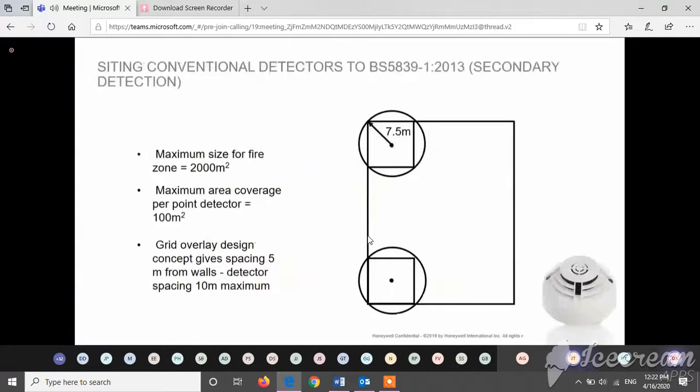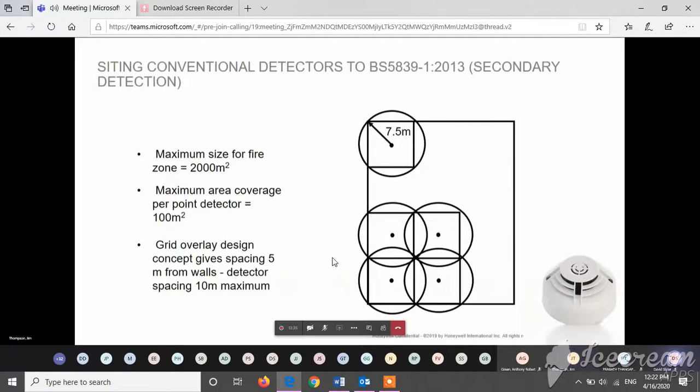So hopefully something you can apply to make these changes at any time. Thank you. So just jumping onto something I hope you're a little bit more familiar with, which is your BS5839. You'll go, oh yes, this all makes sense now. So again, exactly the same as your point detection in an office building or a warehouse. A point covers a 7.5 meter radius. Okay, we're not allowed to cover more than 2,000 square